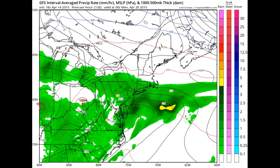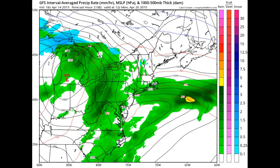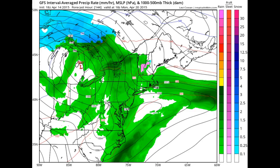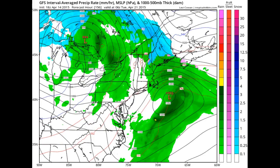Now, as we get into Sunday night and Monday, again, we have basically a little bit of a signature here where the front is stalled out and waves of low pressure moving along the front. So we can find periods of wet weather in some regions and dry weather in other regions. And finally, the primary low develops and moves up towards the Great Lakes region on a Monday morning. And high pressure is vacating with the signature here, with the cold air damming signature here over southeastern New England. And it just provides us with rain showers on Monday, and then drying conditions by Monday evening and into early